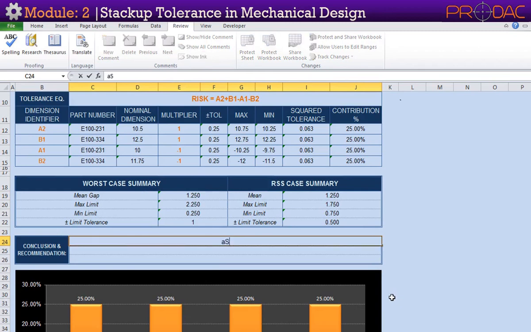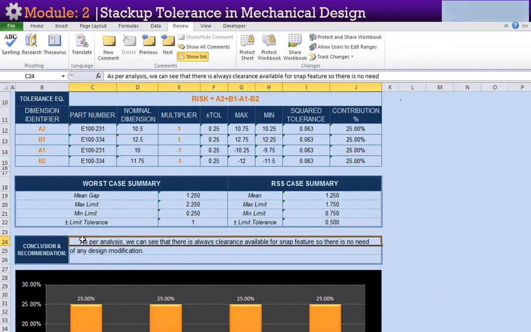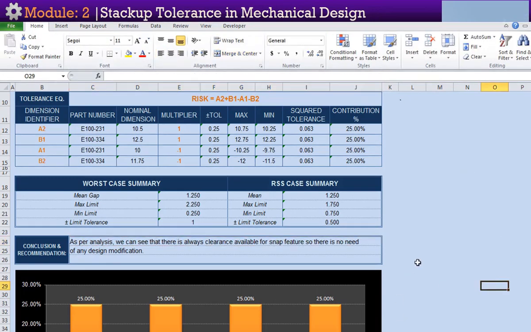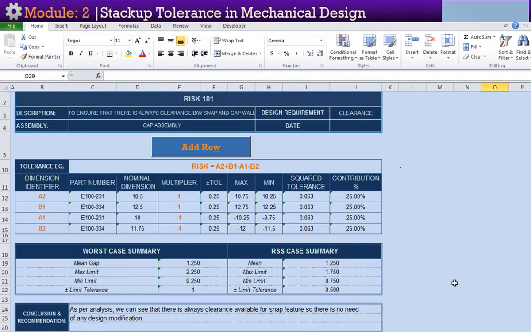Finally, we can write down the conclusion in the designated space. It's always a good practice to have date printed for records.